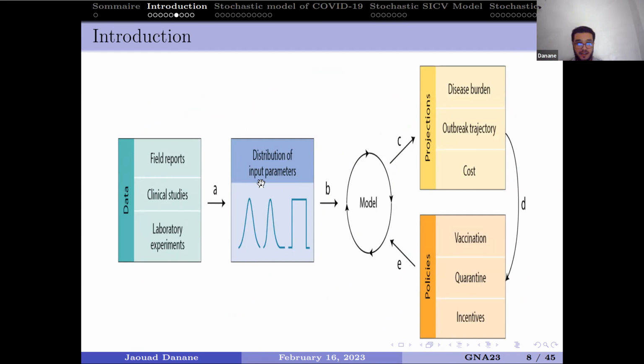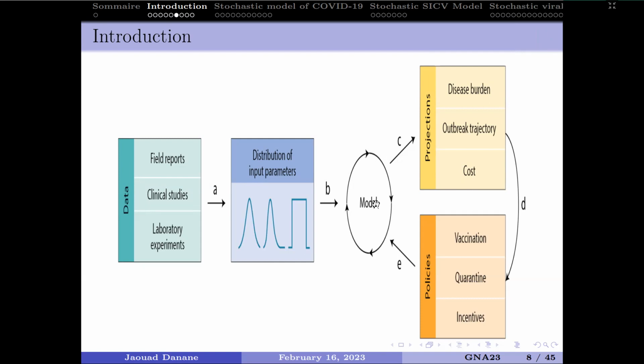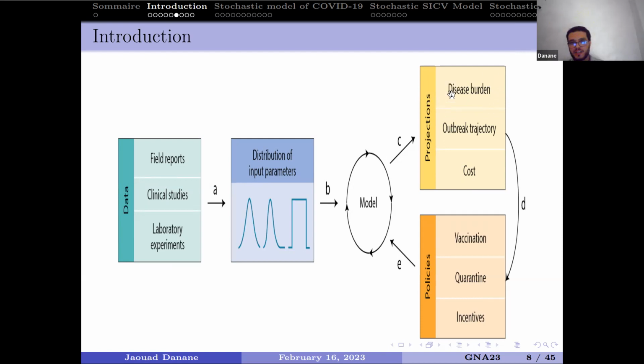Is it a constant, does it have a probability distribution or a normal distribution? If we try the different distributions of the input parameters, we can now illustrate the model. When we illustrate the model, we give the projection. So the projection gives, in this case, the disease burden or the outbreak trajectory or the forecast of this infection. So now we research the strategy